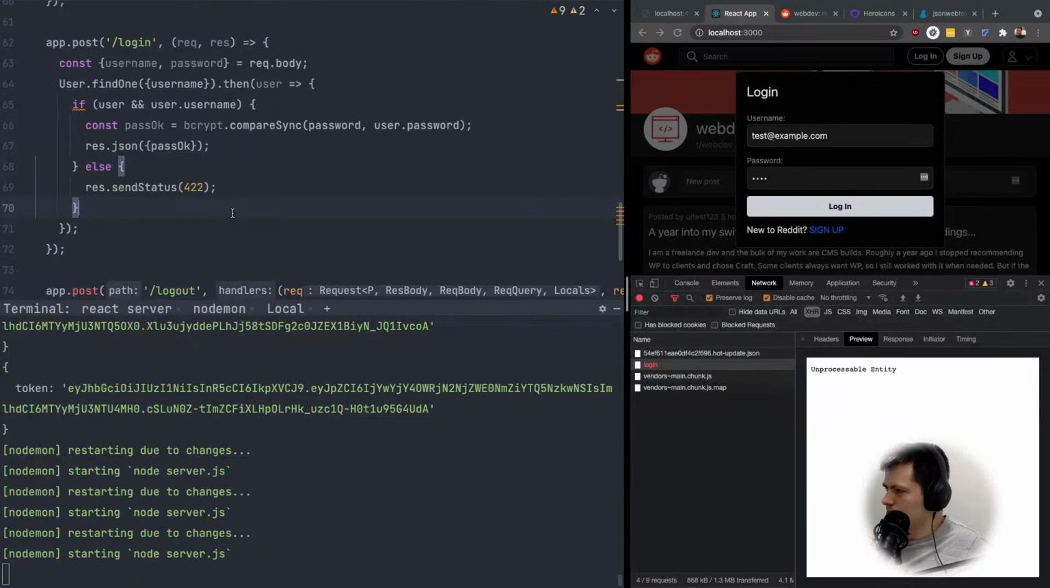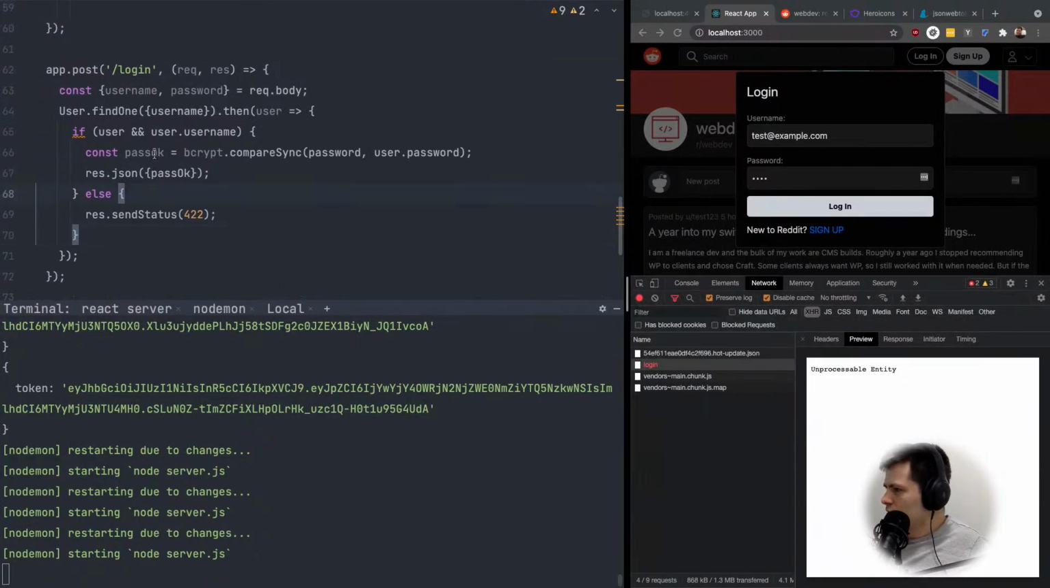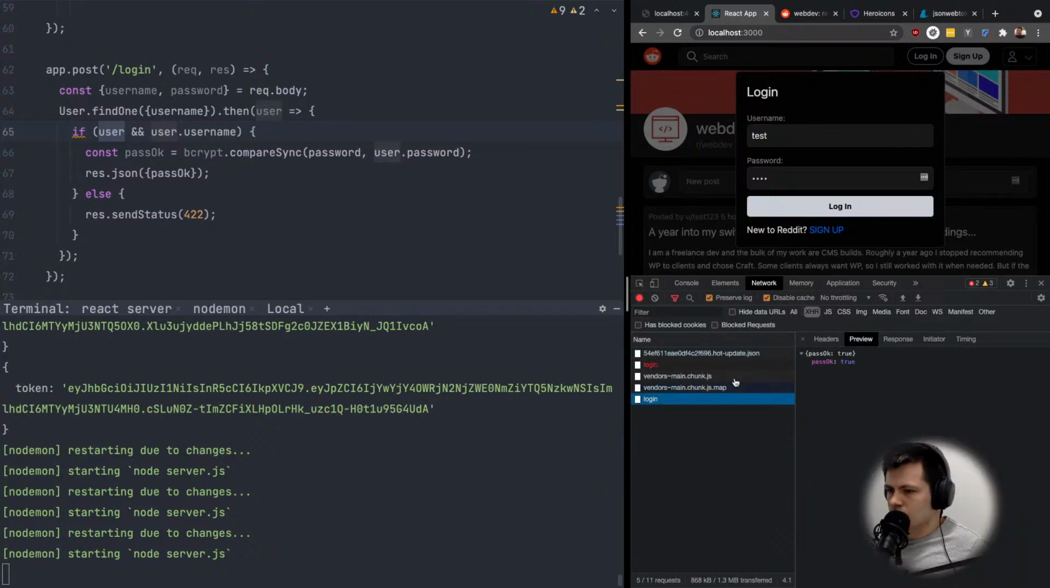Oops, it's here. So we didn't find the user, I guess. Okay, because username is not the email, it's just test. Okay, password okay is true. Now password key is false. Okay, now password key is true, but instead password, if the password okay,